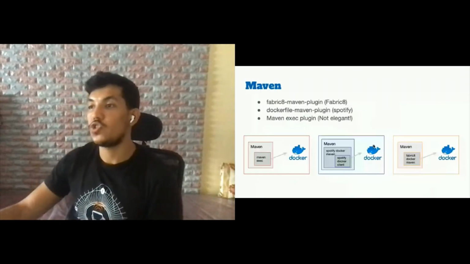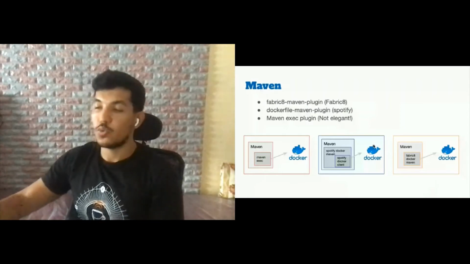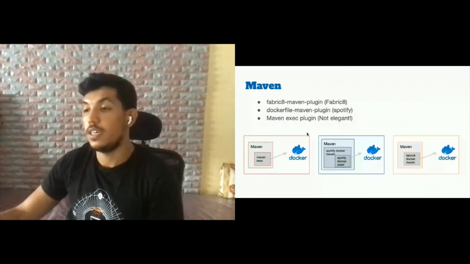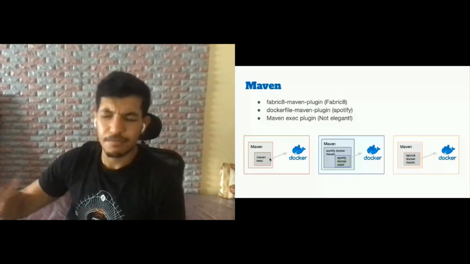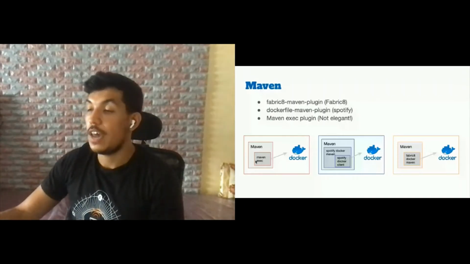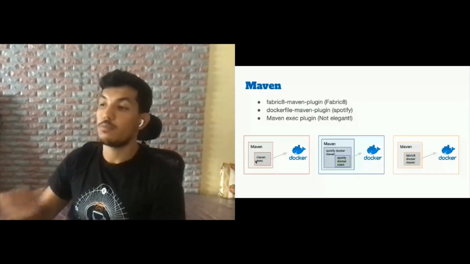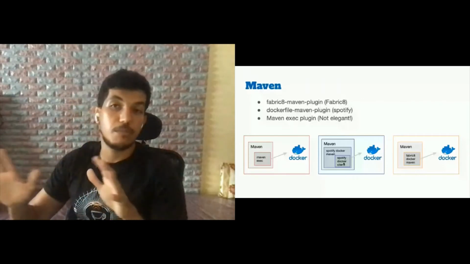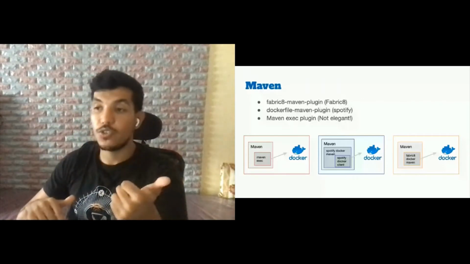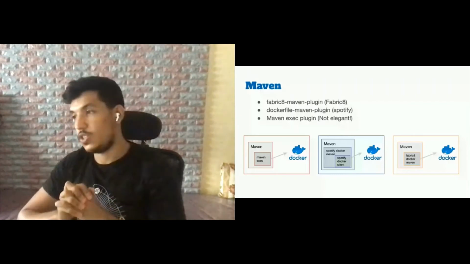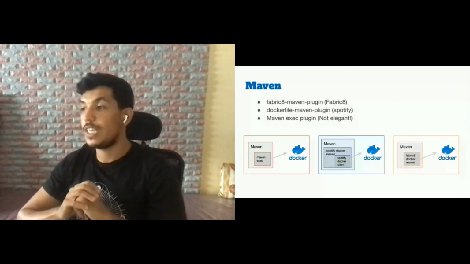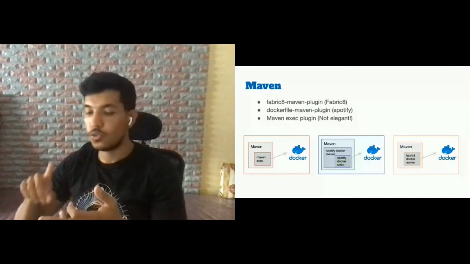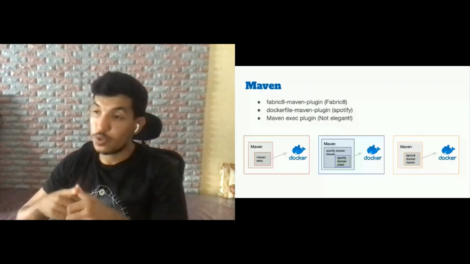And luckily, such tools exist in both Maven and Gradle. So the easiest way to achieve that in Maven is to invoke Docker commands using the Maven exec plugin. This solution is not so elegant. Another more sophisticated plugin exists, like the Spotify Docker Maven plugin, and this plugin is the embodiment of simplicity. It basically creates your image and pushes your image to a registry. And another more robust plugin exists from Fabric8, and this plugin does a lot of things. It builds the image. You can start the container, stop the container, create networks, create volumes,